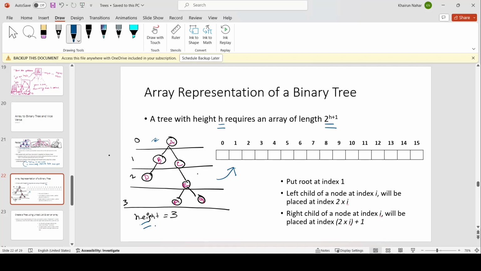The definition of height of a tree is the maximum, okay, I'm making a leafy. Height of a tree is the maximum number of edges required to move from root to the longest leaf,